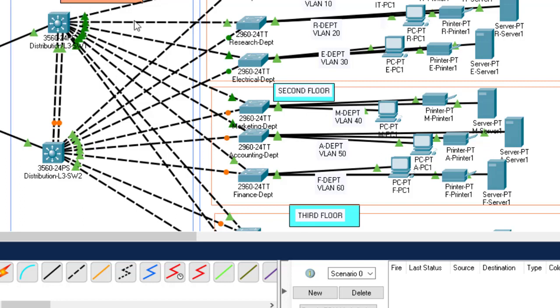Allow me to start with this switch, and I want all these interfaces except this one to be in trunk mode. All these interfaces. So let me see which interfaces these are. FA0/1, and this one is FA0/3, FA0/4, FA0/1, and the last one is FA0/11. So guys, I'll go to that switch,